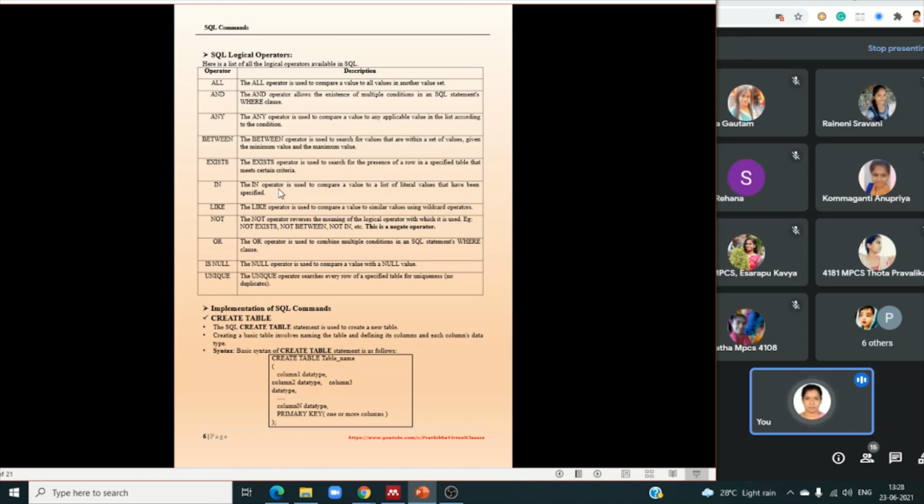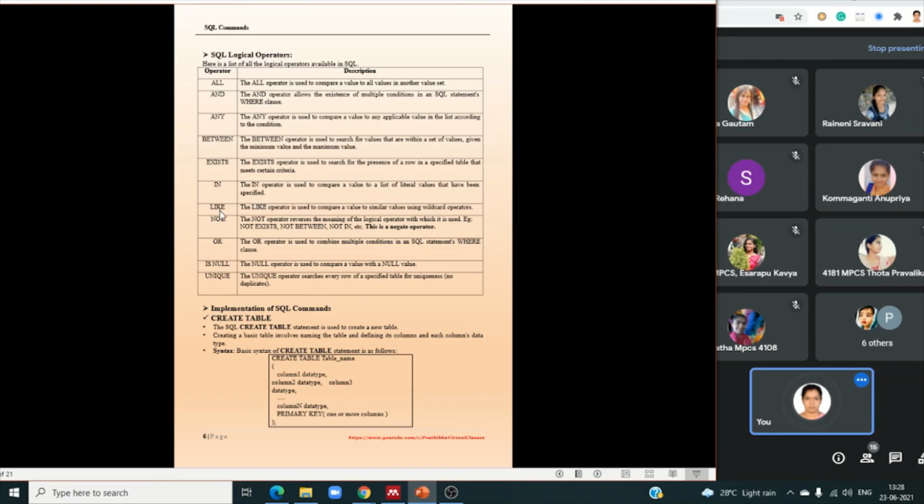The in operator compares a value to a list of literal values that have been specified. For example, if the value is in 60, 70, 80, 90, then the value is equal to 60 or 70 or 80, like that. It is similar to any.